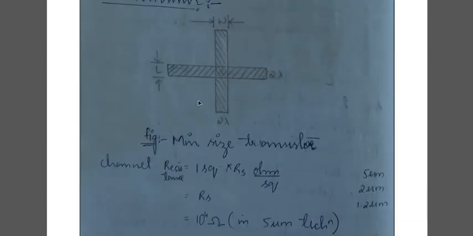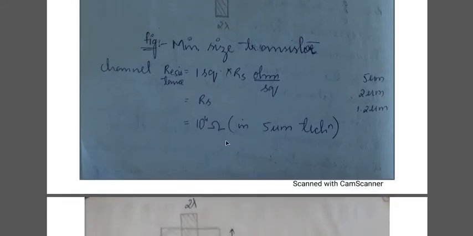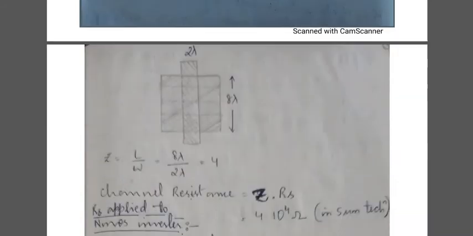If you consider the earlier case where you have only 2 lambda, 2 divided by 2, you will get 1, and 1 into 10 to the power of 4, obviously you will get 10 to the power of 4 channel resistance. If you are having 4 polysilicon layers, then your length will be increased, and you will get a larger channel resistance. This much channel resistance should be given to that particular layer where you are going to fabricate. So this is how you will be getting the sheet resistance.